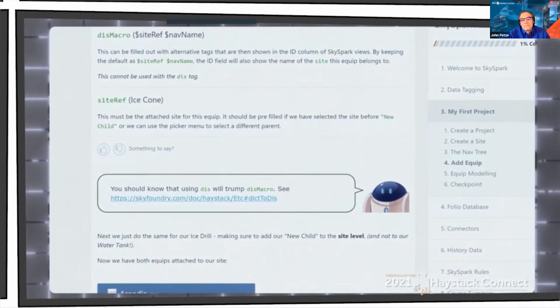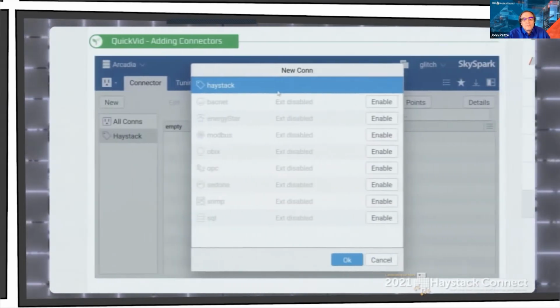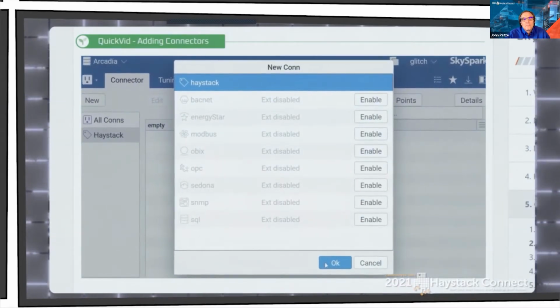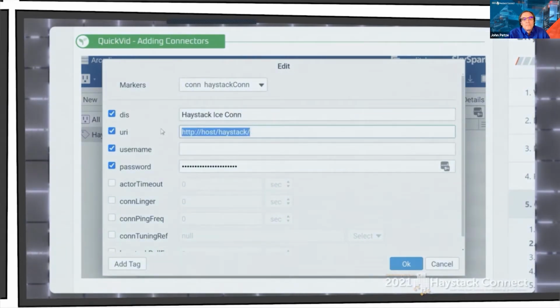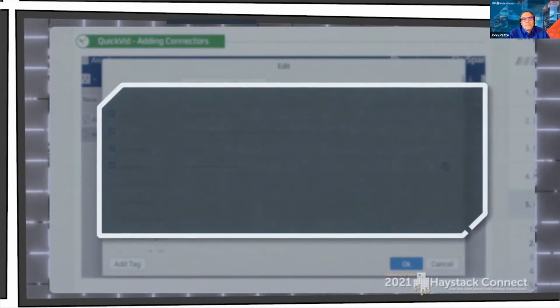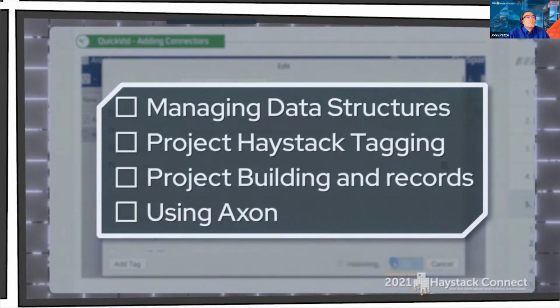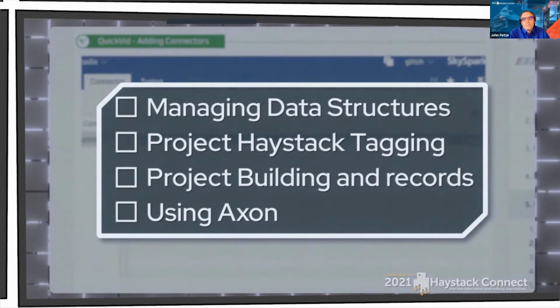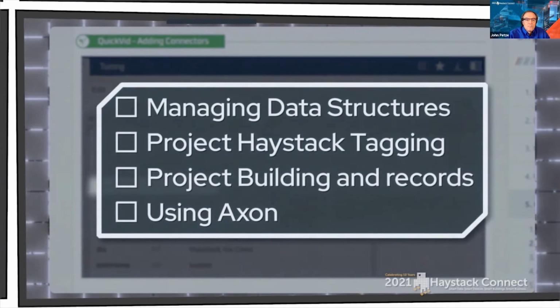Learning about Project Haystack tagging is an important part of understanding more about data integration, especially for a technology such as Skyspark. In fact, our Skyspark Engineer e-learning covers everything you need to know to build a first-time project. Using our example Arcadia project, we use just 6 points to demonstrate the key concepts behind understanding Skyspark data structures, Project Haystack tagging, project building and records, filter expressions, databases and storage, using connectors, writing values and managing history data,